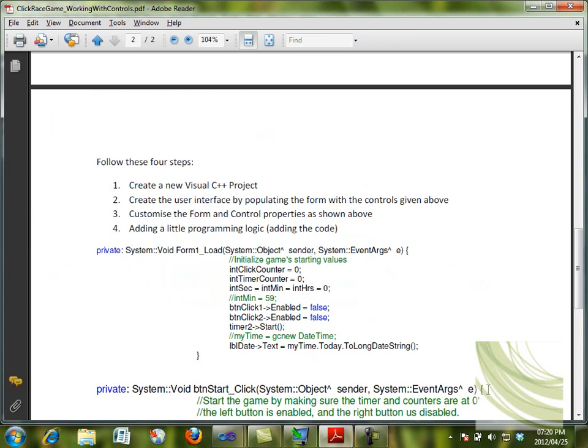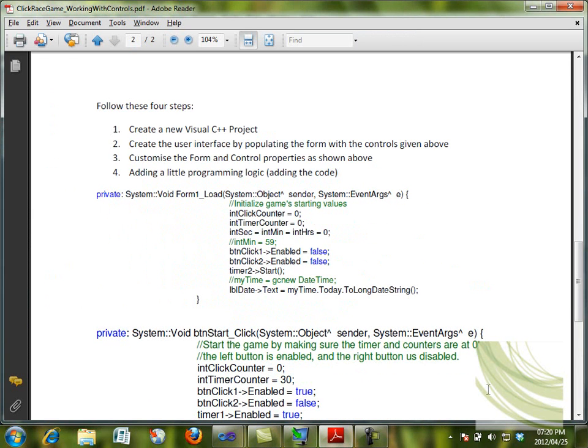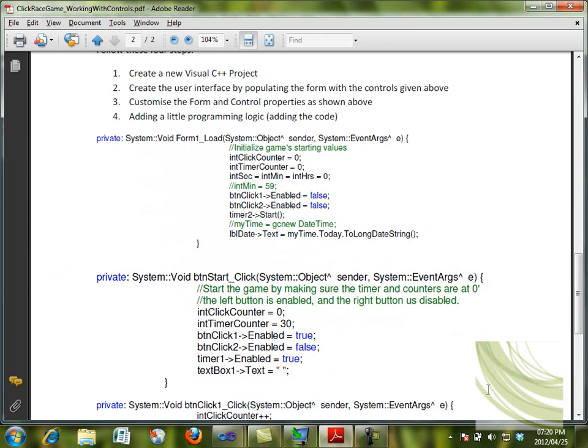I had these in seconds and minutes. LBL text, okay, that's it. I actually didn't need that. LBL date is the date, and then there should be